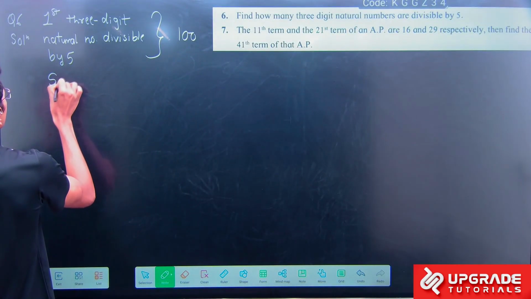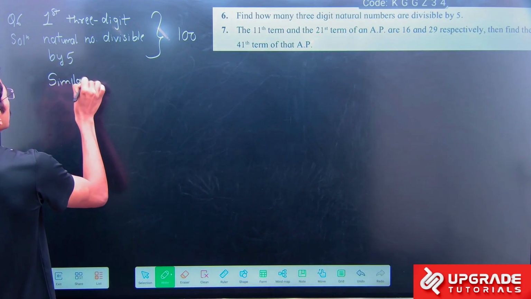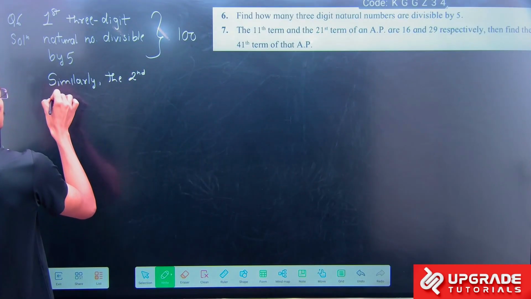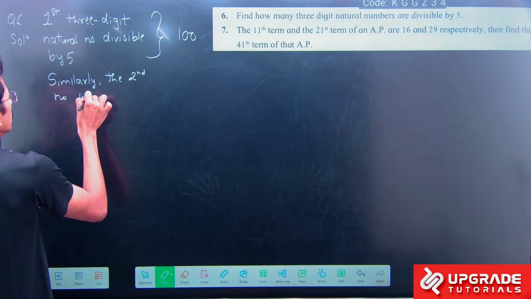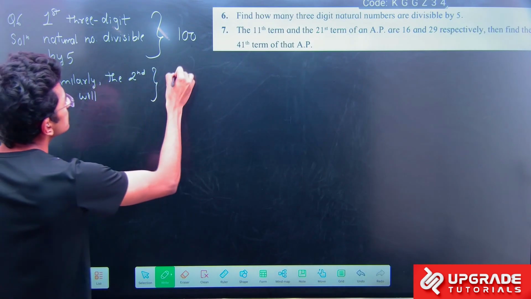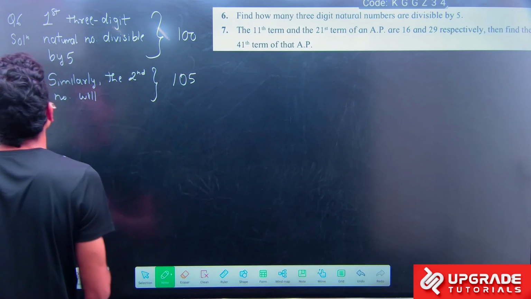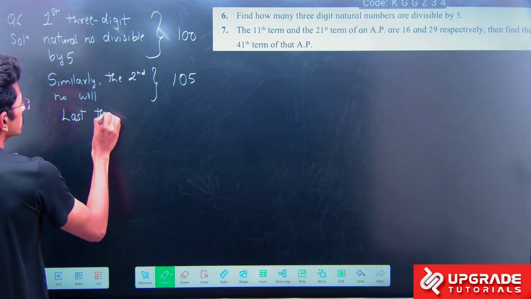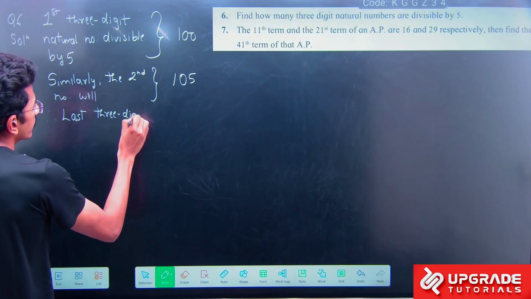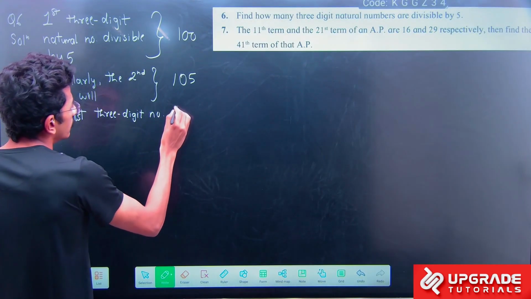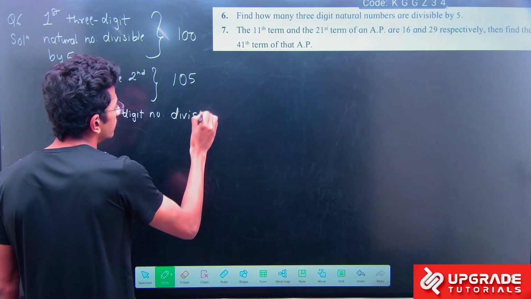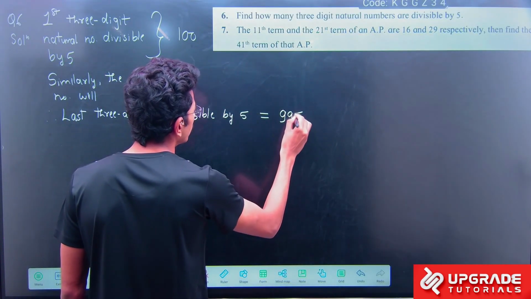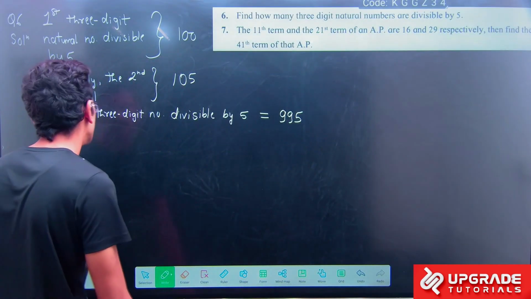Similarly, the second number will be, directly you can write, 105. Therefore, the last 3-digit number divisible by 5 will be 995. Okay, therefore